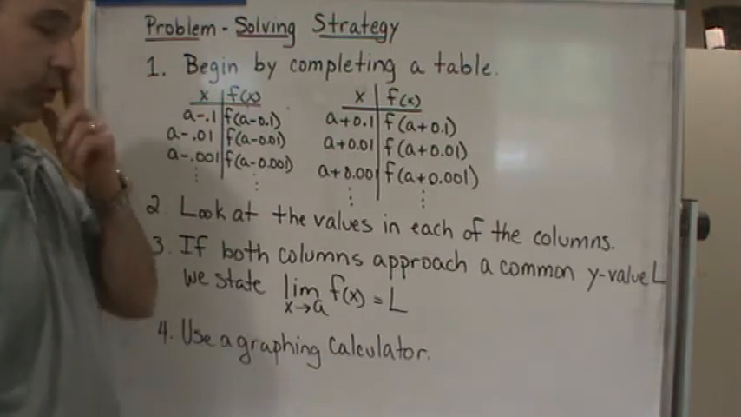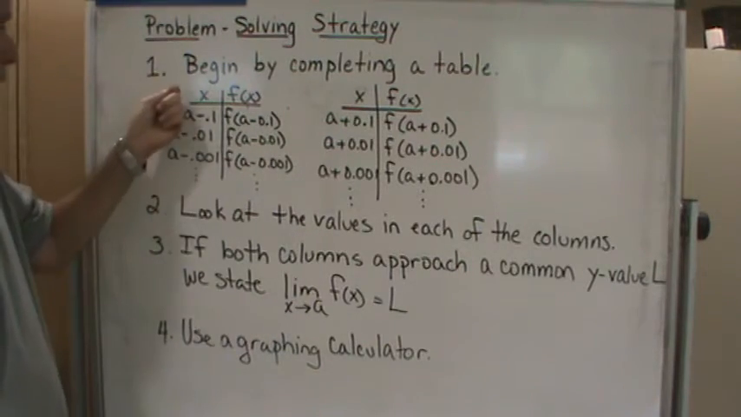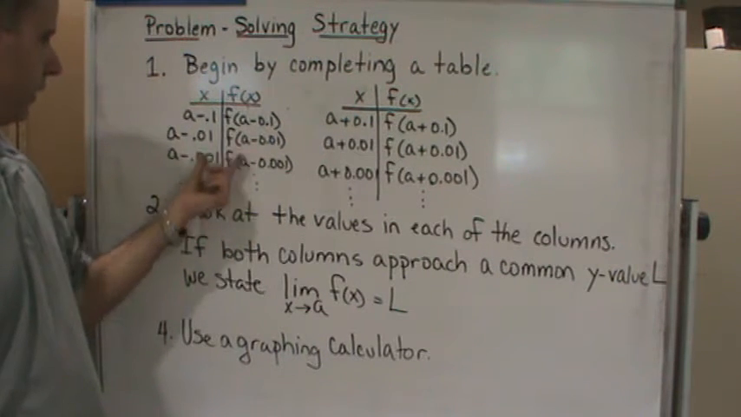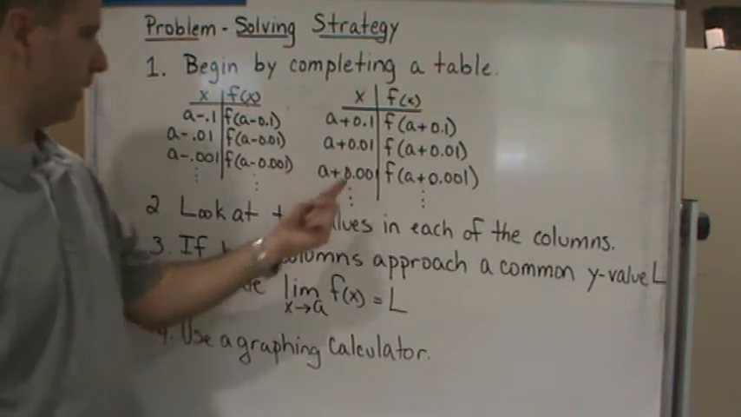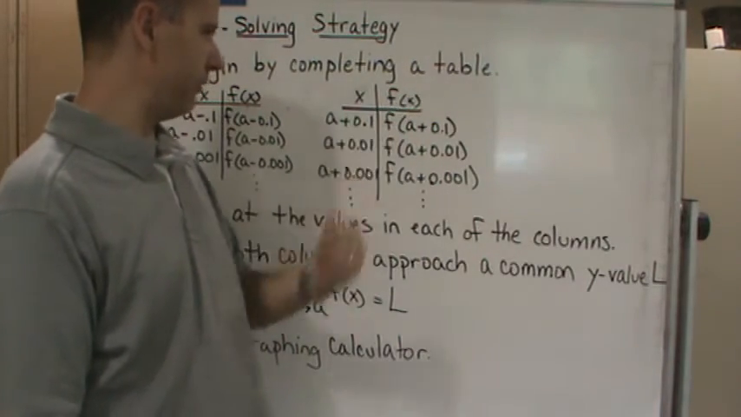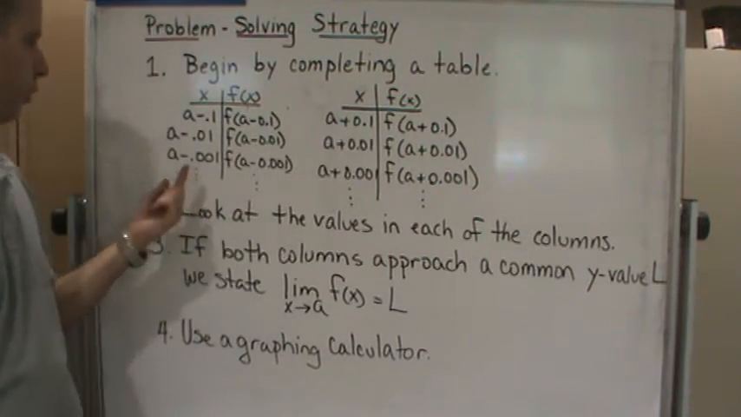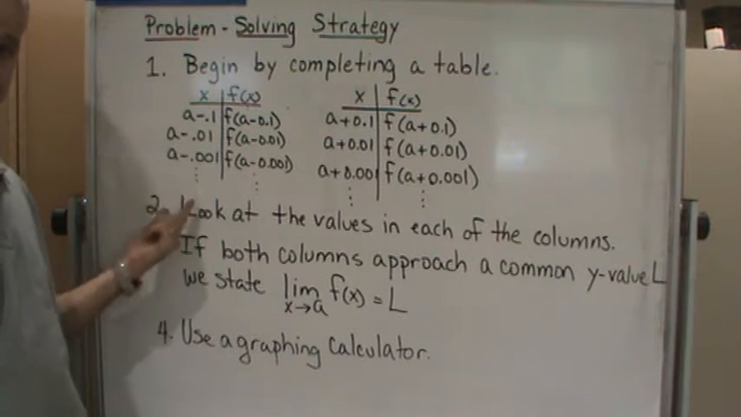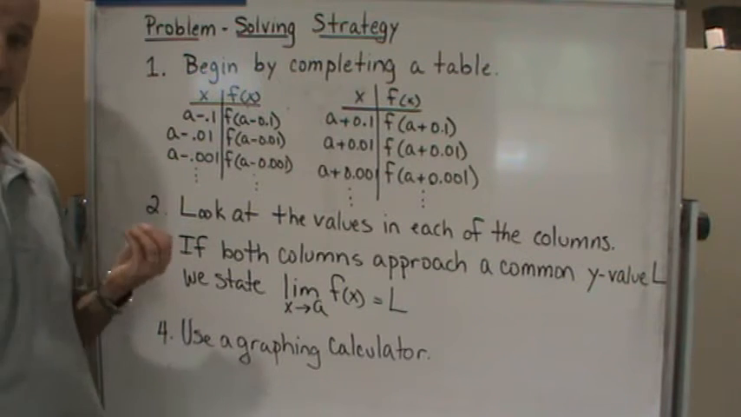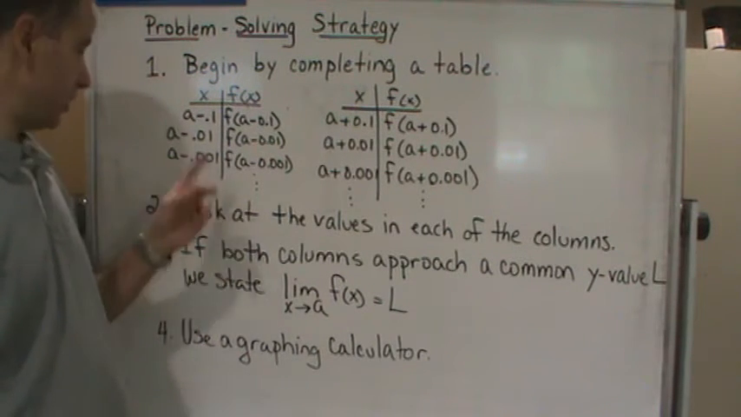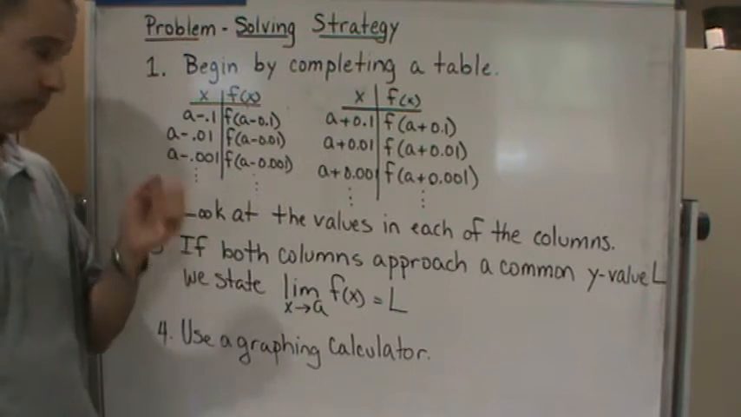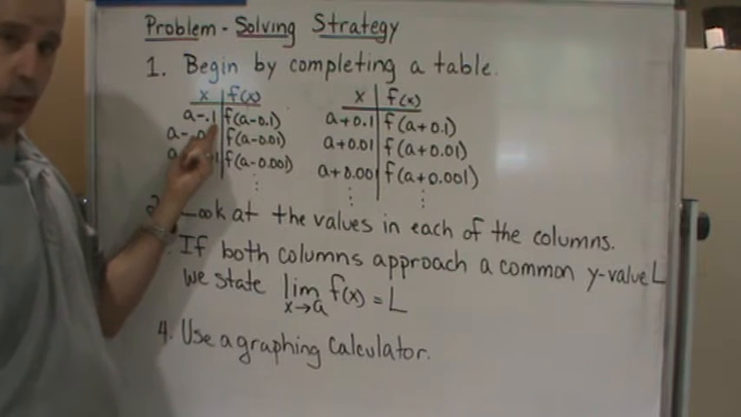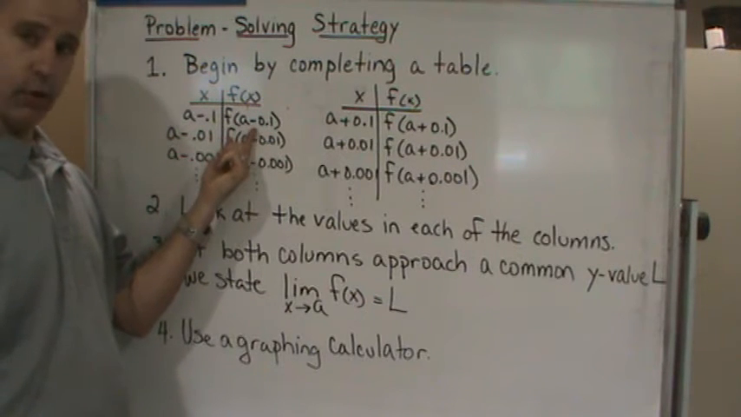Okay, so step one, you're going to start by creating two tables. You're going to have one column x and f of x, and another table with column x and f of x. But over here, what you're going to do is subtract smaller and smaller values from your a value. So let's say we want to find the limit as x approaches a, some value. You're going to create a table where you put in a minus 0.1, and you're going to find the value of that function